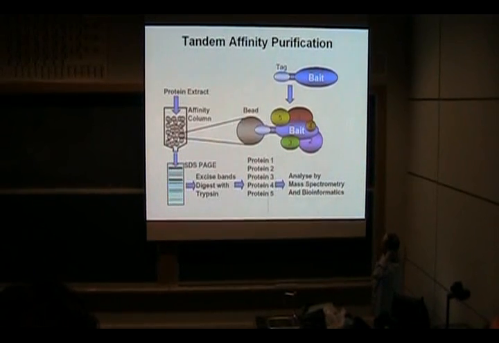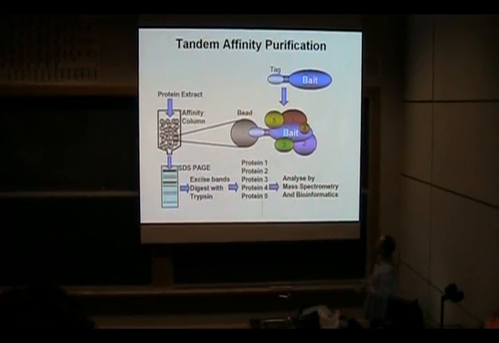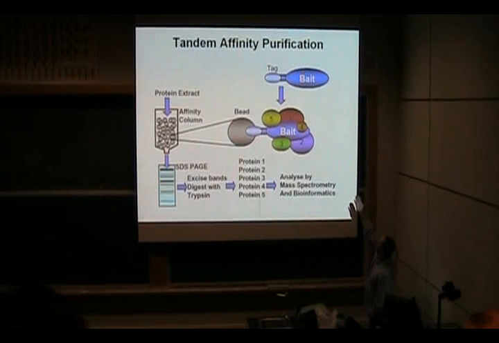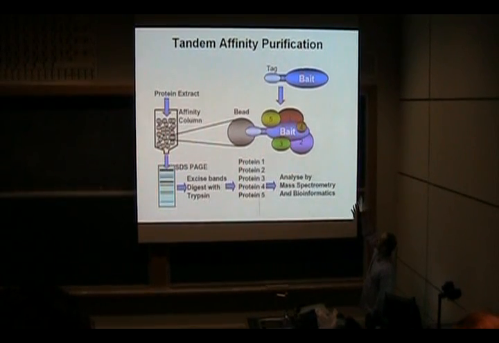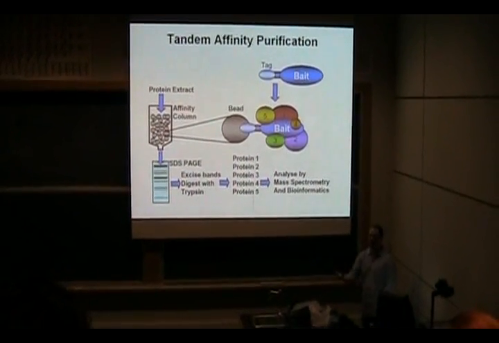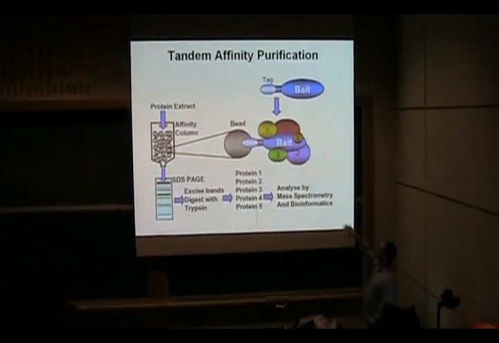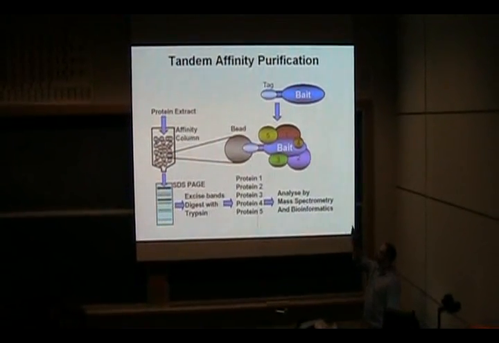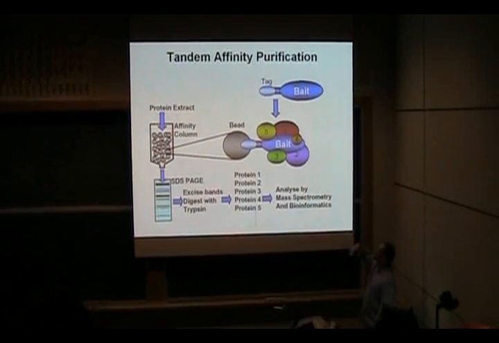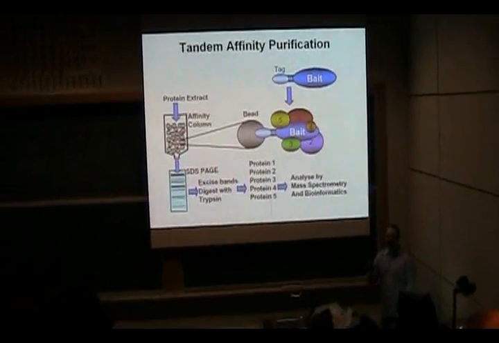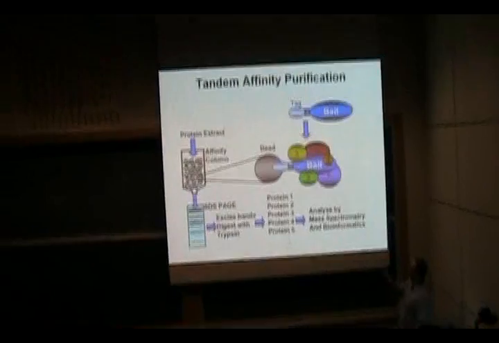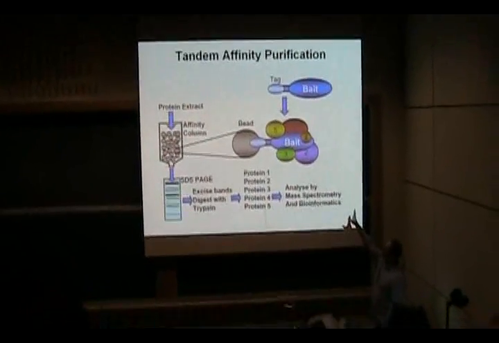Right? So what kind of information do you get out of this? Here we show that there's a tag and your bait. The bait protein is, say, the protein that you're interested in, and the bait also interacts with numerous proteins. In this case, it showed you're interacting with 5 other proteins in the cell. Okay? So after you purify those